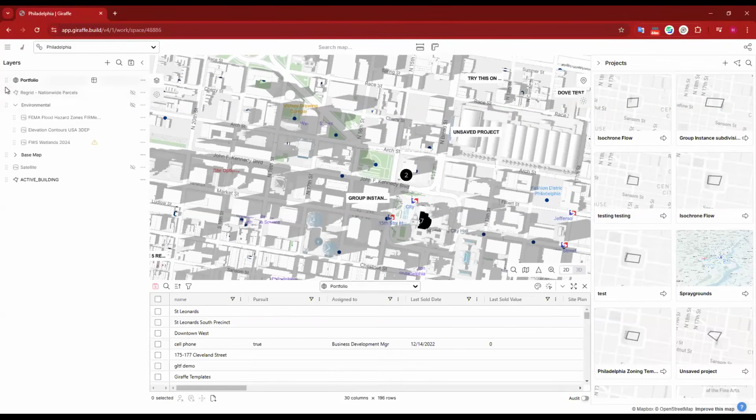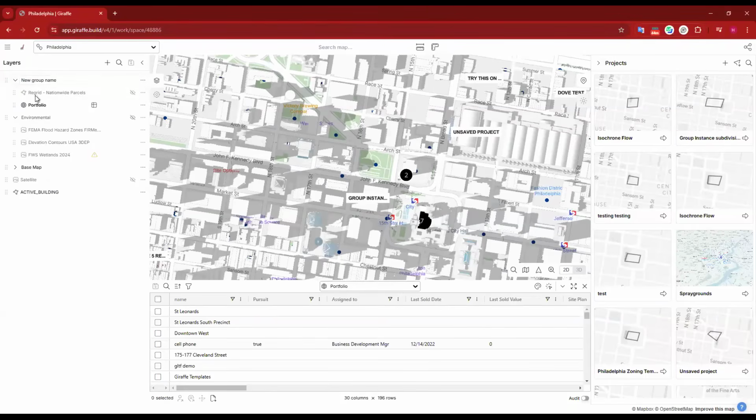So all of your layers have this little handle on the side, and it's really easy to grab that and just move things where you want them to go. And then also creating groups is really easy. Just like before, you sort of drag it on top. But now, instead of having to put in your group information in the center, you can just type in the new group name